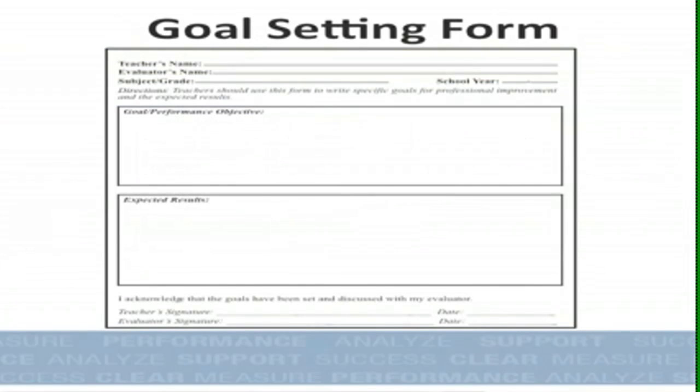This is a goal setting form. This is in HCIS right now, and we are going to talk about goal setting in more detail over the next couple of days. But essentially, using the self-assessment they did, they're going to modify the goal or revise their strategies. That has to be entered into the HCIS system. So we have a hard copy paper that they can jot on, but it actually has to be entered into